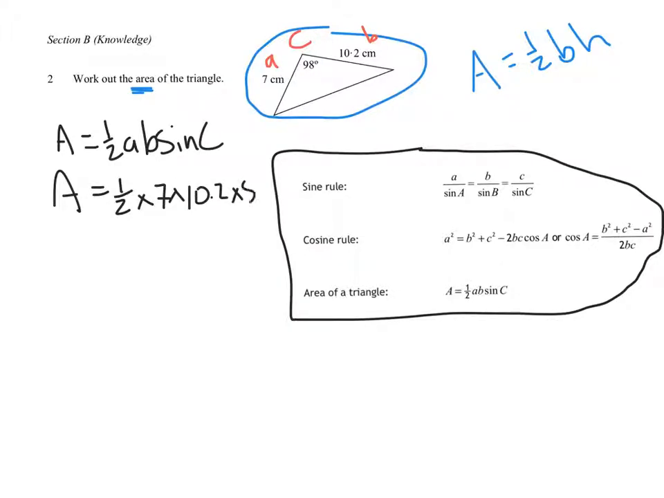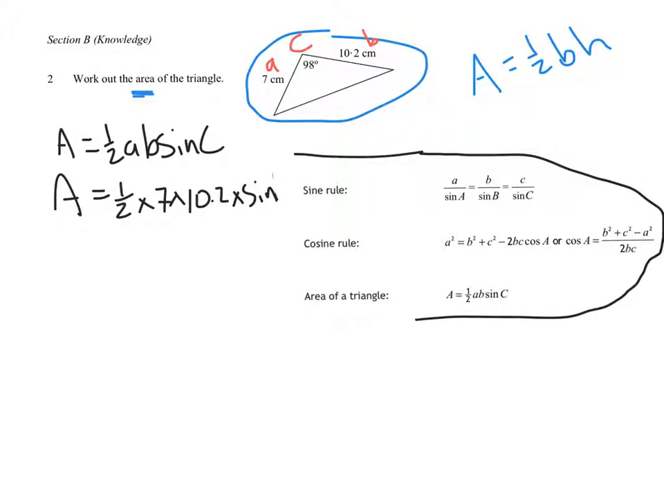times the sine of 98, and then we just do that in our calculator. So the area equals,